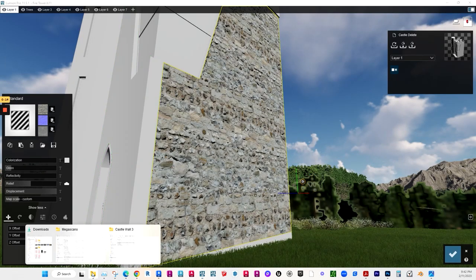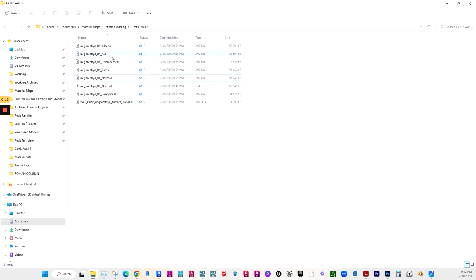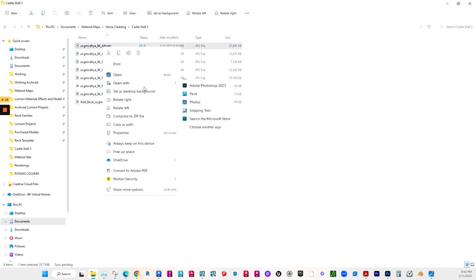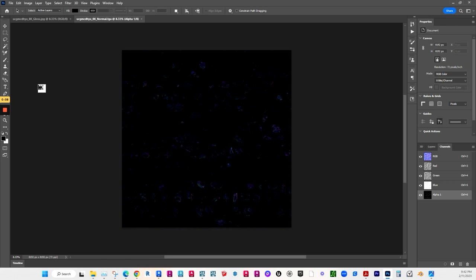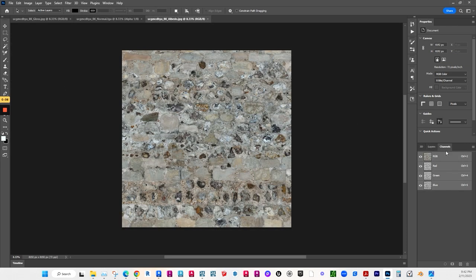So let's go to get our albedo map and take it to Photoshop to adjust the color. We're going to go to layers, and then we'll start this video with